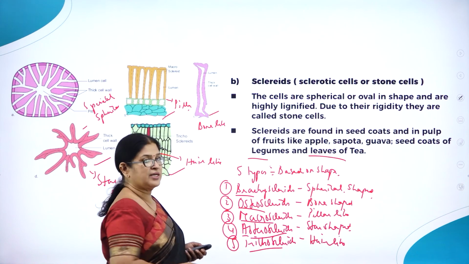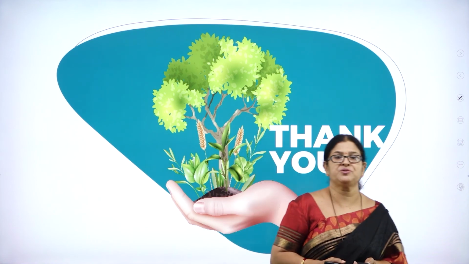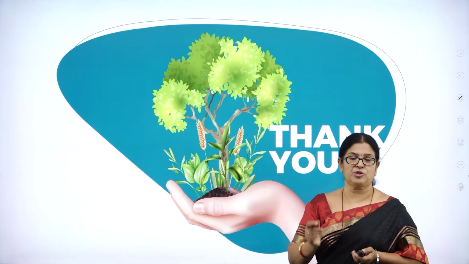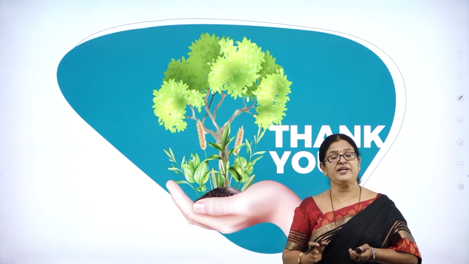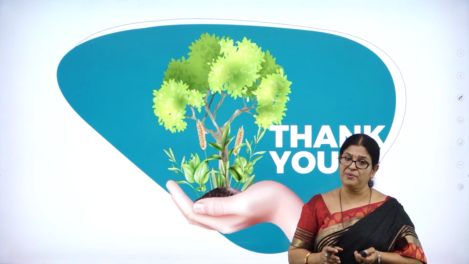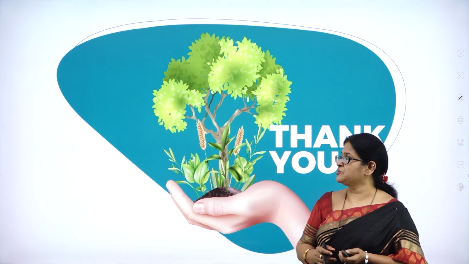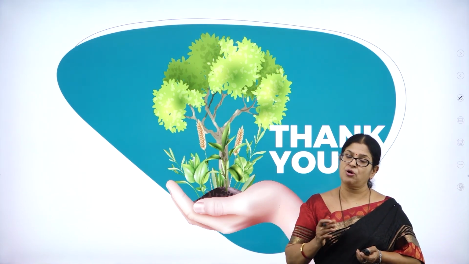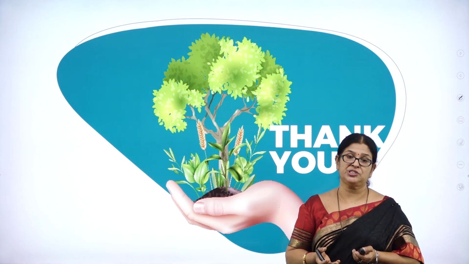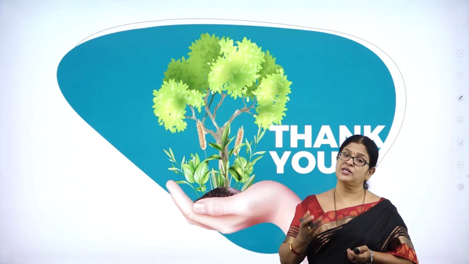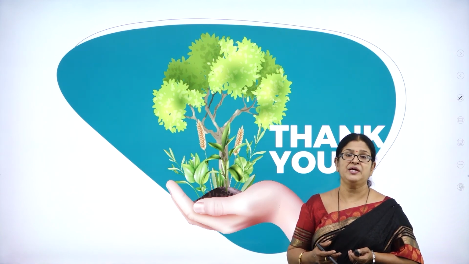So this is all about the classification of sclerenchyma. Hope you have understood the simple permanent tissues we have discussed in today's session, that is parenchyma, collenchyma and sclerenchyma. So far in this session we were learning about the simple permanent tissues. In the coming session we'll be learning about the complex permanent tissues, namely the xylem and phloem. As we know, xylem is a water conducting tissue and phloem is a food conducting tissue. Both are very important. Vascular tissues are conducting tissues. I'll be back with this concept in the coming session.